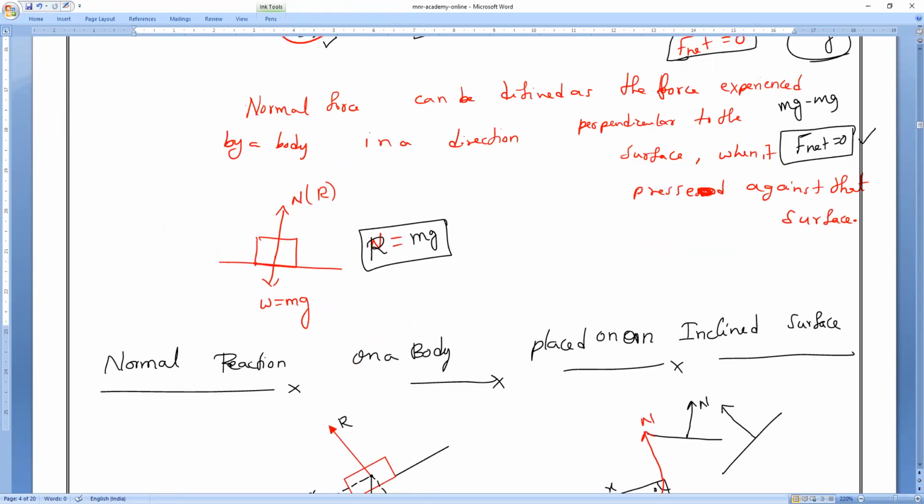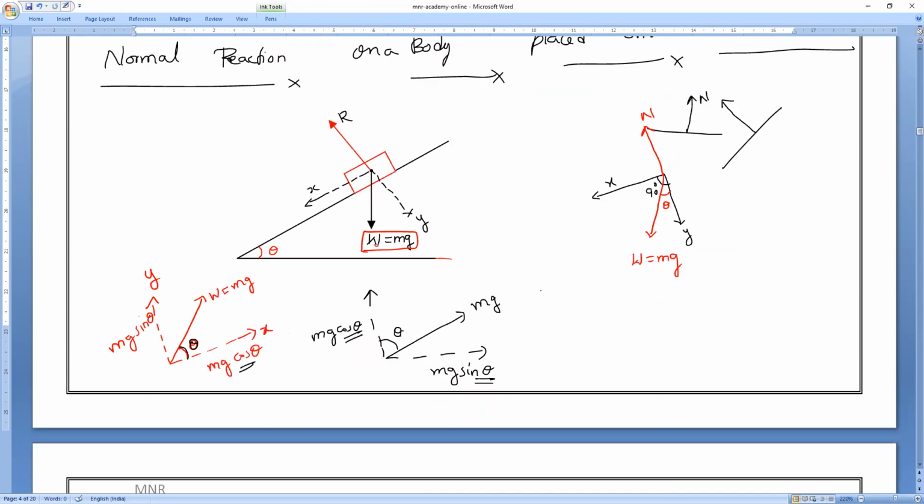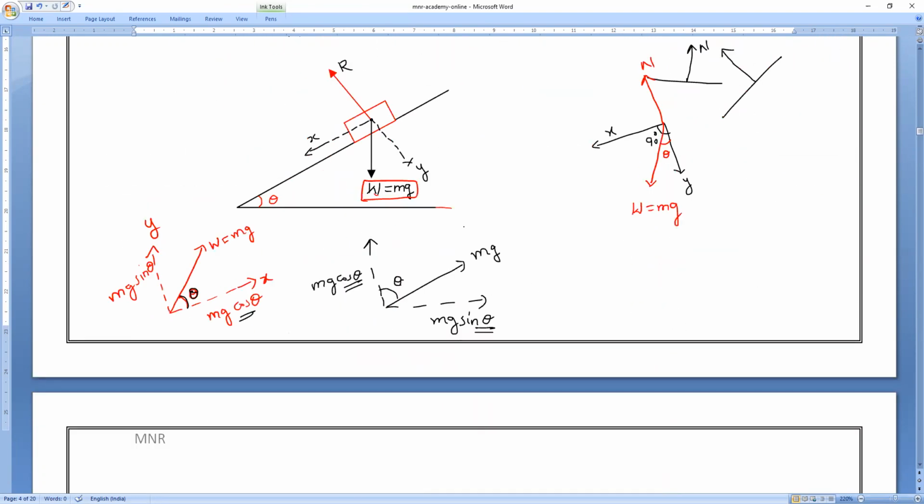So the force is acting in two directions. All of you remember, if it is a plane surface, the force is acting in only how many directions? One direction. Okay. So perpendicularly, the normal reaction is acting in the upward direction. Clear? Now, if it is an inclined surface, the body is always experiencing two different directions, because if it is sliding, at every point it is experiencing a force in the downward direction.